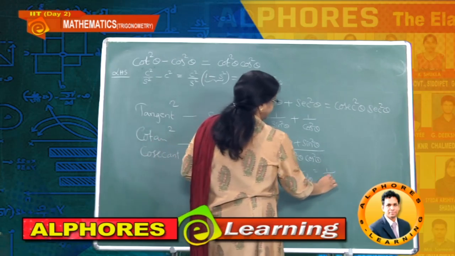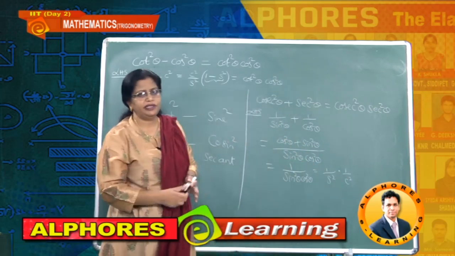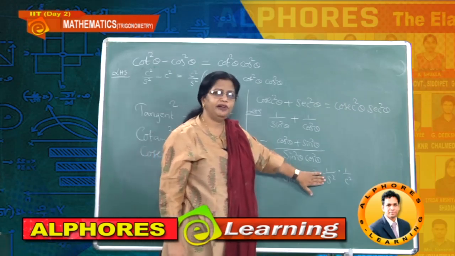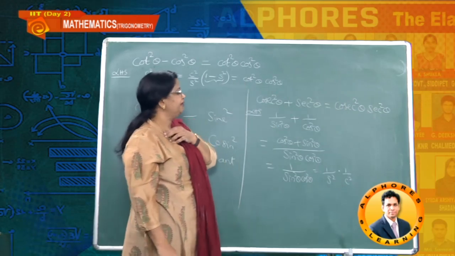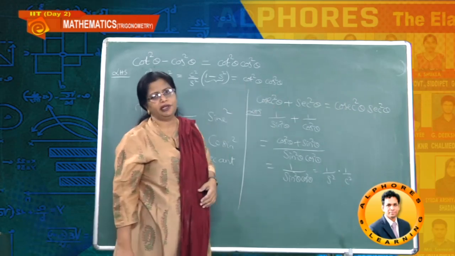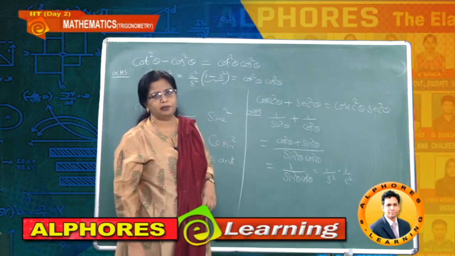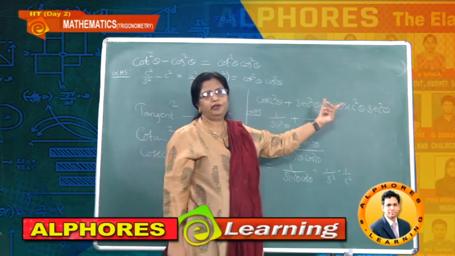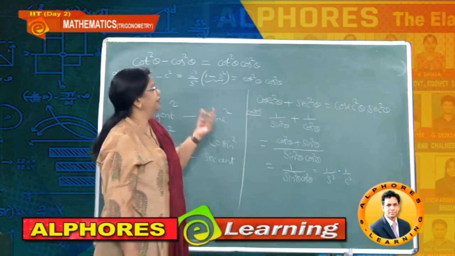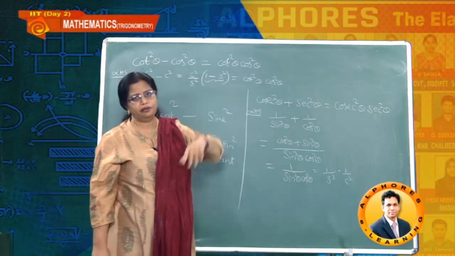So it is 1 by sine square and into 1 by cos square. So what is the answer? Cosecant square theta into how much? Secant square theta. This one many times they give in the concept of even quadratic equations and expressions also. There they used to give us sum of the roots equal to product of the roots. Here they give us difference of the roots equal to product of the roots.